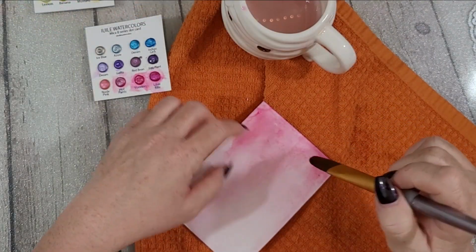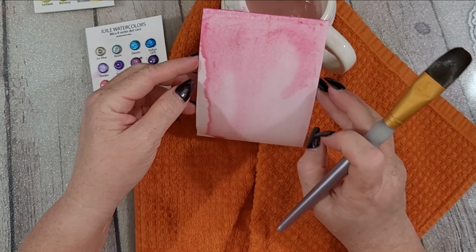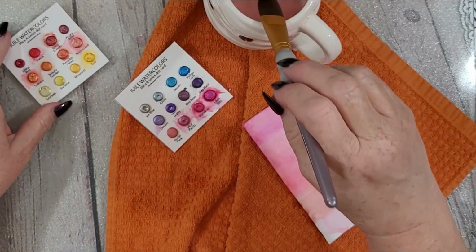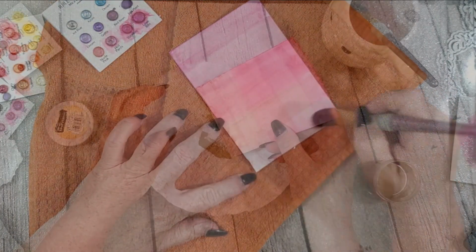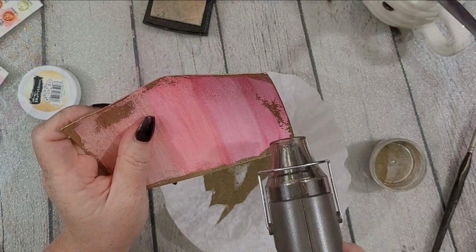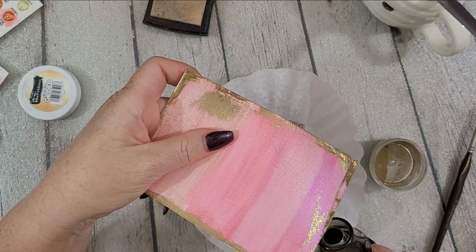Now I am using Nina 110 pound classic crest solar white, not watercolor paper, so that was a big mistake. And here I was just trying to get a beautiful gradient with these beautiful Yuli watercolors, and unfortunately, because I wasn't using watercolor paper, all the different techniques I tried to get it to gradiate just wasn't working. So I ended up painting the stripes, which I'm not mad about, and then I go around the edges and give it some of that grungy elegance with that,